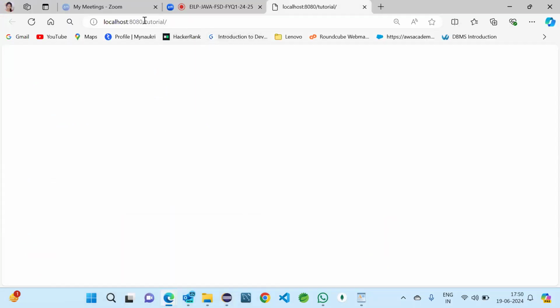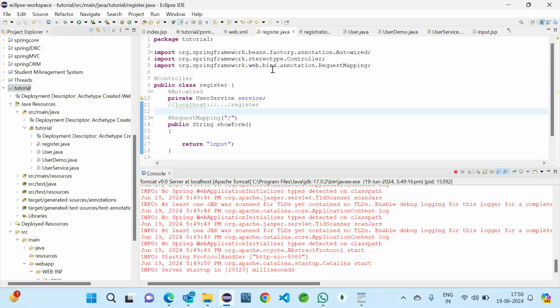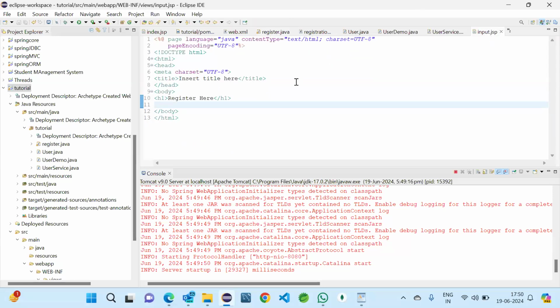So we can see the page localhost tutorial is open, but we are not able to see the H1. So we'll check what is the issue.